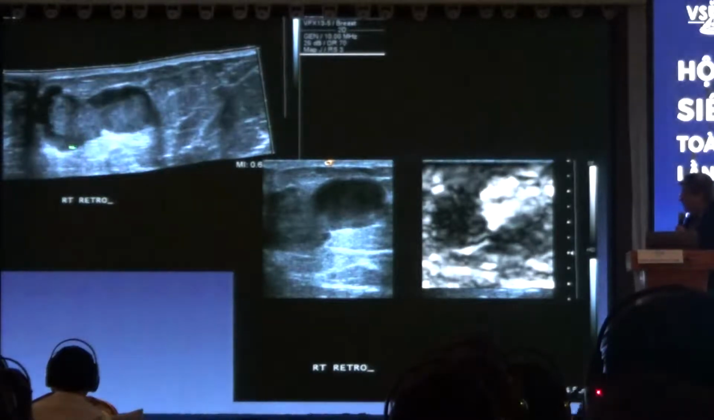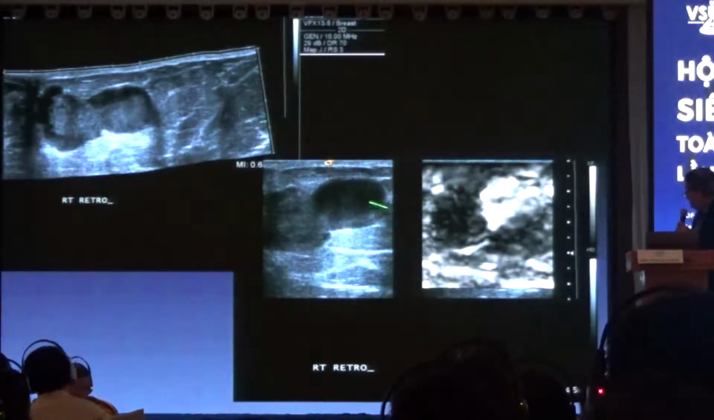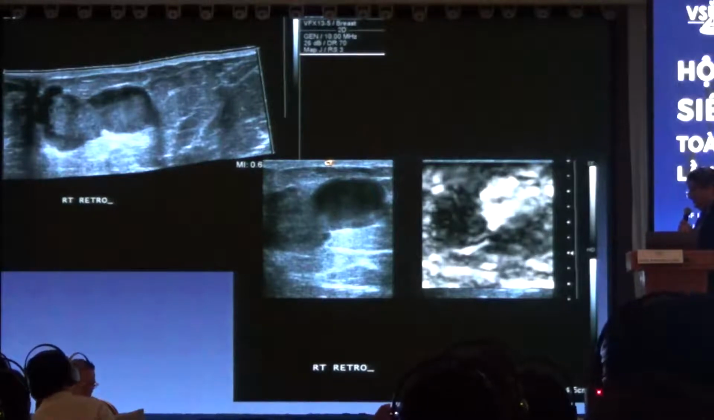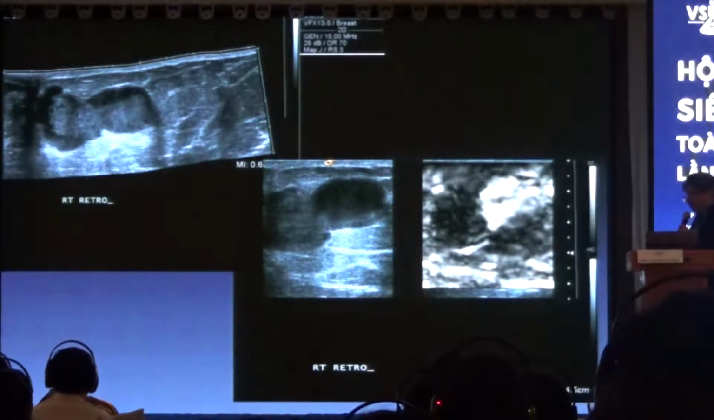Another case of an older woman that came in with a bloody discharge. Here's her lesion on B mode, quite complicated. When we look at the elastography, it has kind of two lobes here. One lobe is very soft, and one lobe is actually very stiff. So, because she had a bloody discharge,